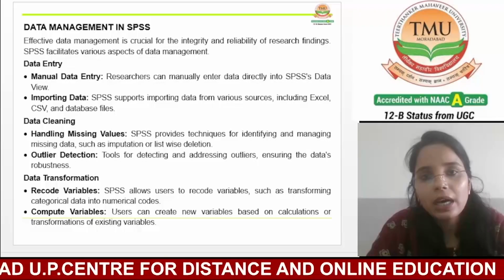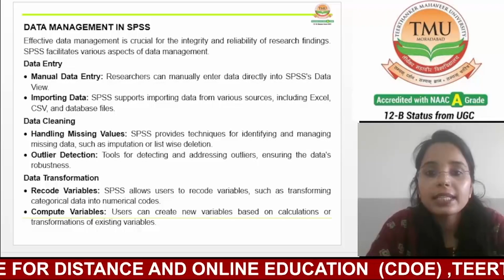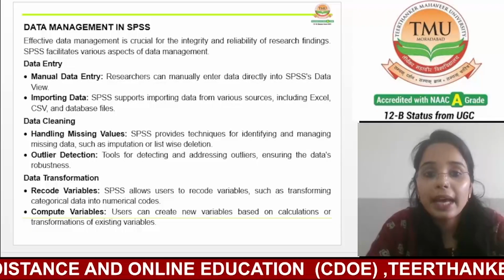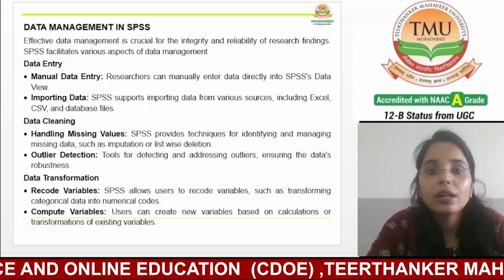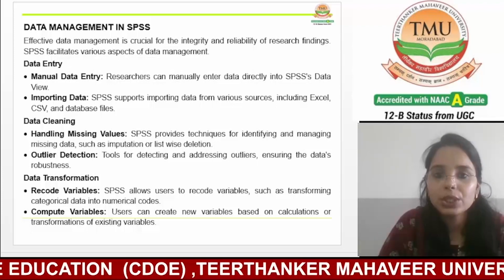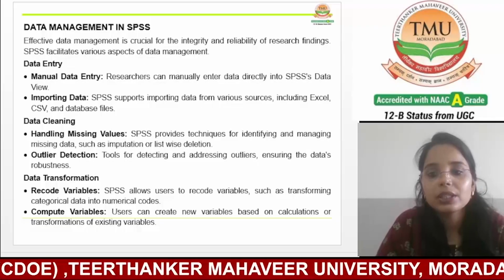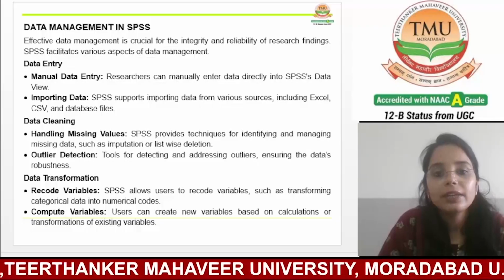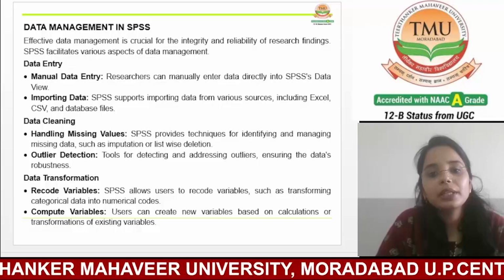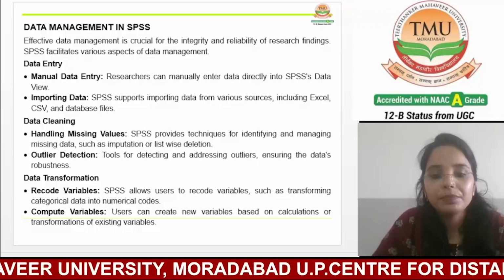This process of creating new variables from existing ones is called computing variables. So each of these functions in SPSS is designed to help researchers manage their data efficiently and ensure their analysis is accurate and trustworthy.